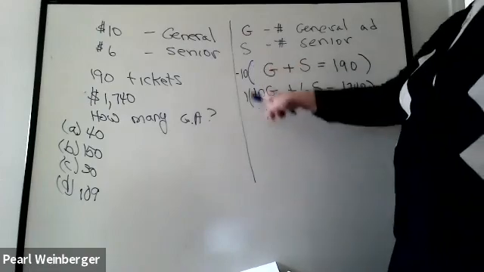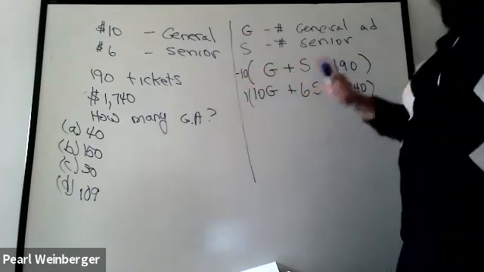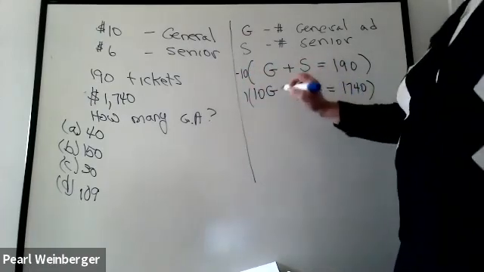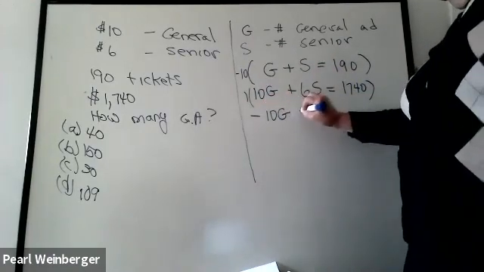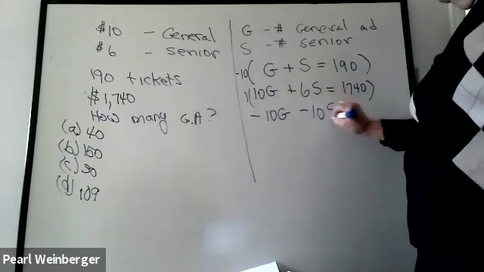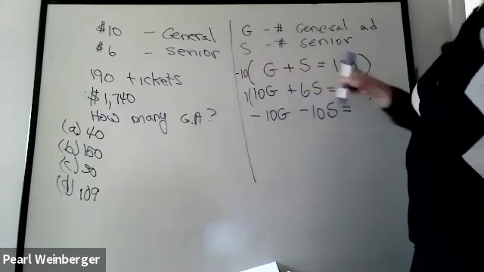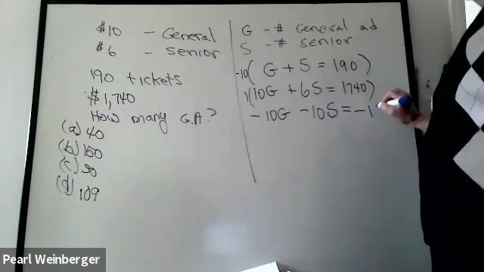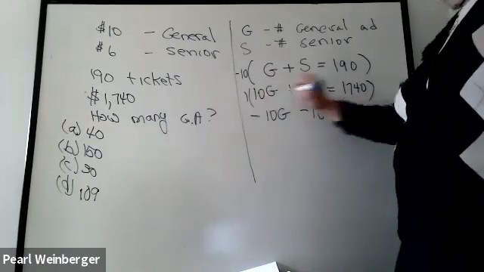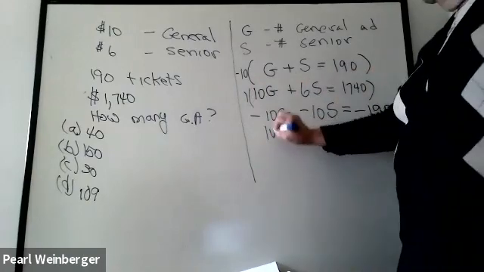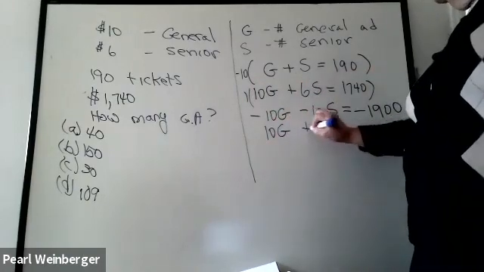And since they're both positive, one of these numbers has to be negative and one has to be positive. So my top equation becomes negative 10G minus 10S equals negative 10 times 190, which is negative 1,900. And the bottom equation, if we're just multiplying by 1, stays 10G plus 6S equals